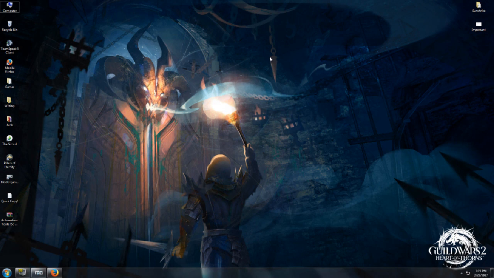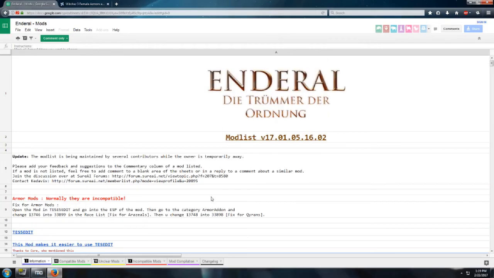So if you want to add some armor mods to Enderal, this isn't too bad of a process. You just have to do some nifty stuff with the TES edit. This is presuming you already have the TES edit on. In my case, when I learned how to do the armor mods in Enderal, I used